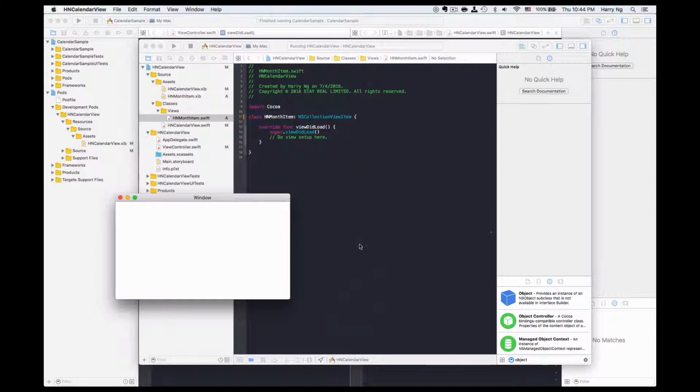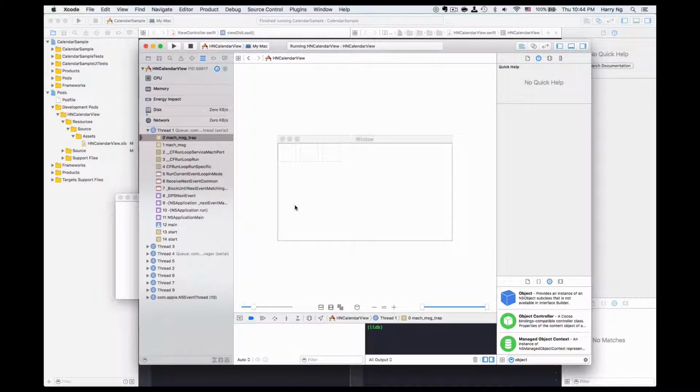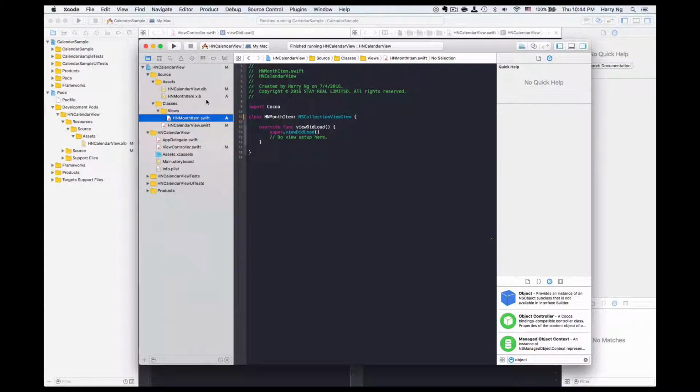Still not showing up. Let's do view hierarchy again. So this time we have 3 squares appearing, and they are NSView. So I guess the view item is working, but it is quite small. We need to resize it. So I will take a look at the